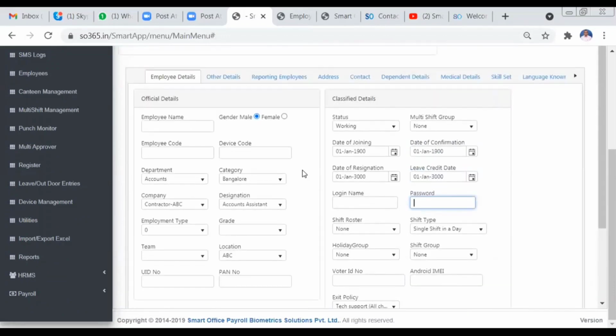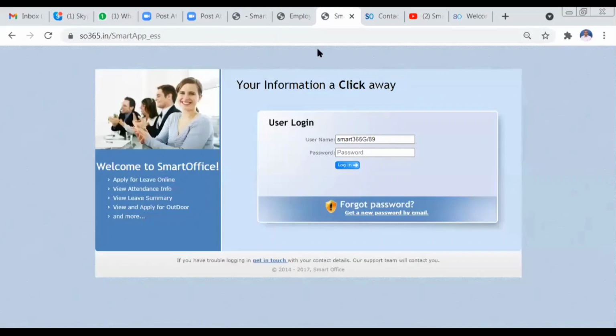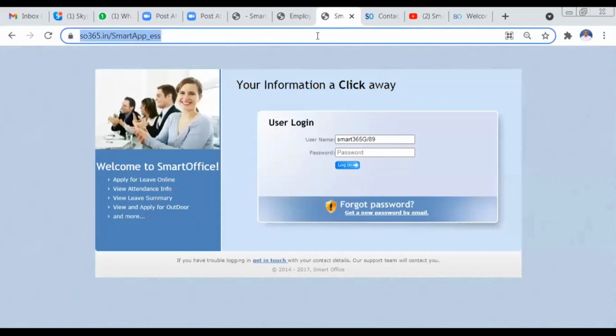Just go to the next tab and open the employee self-service. You can browse employee self-service from the browsers also. This is called the web ESS. For that, the URL is www.so365.in/smart-app_ESS.